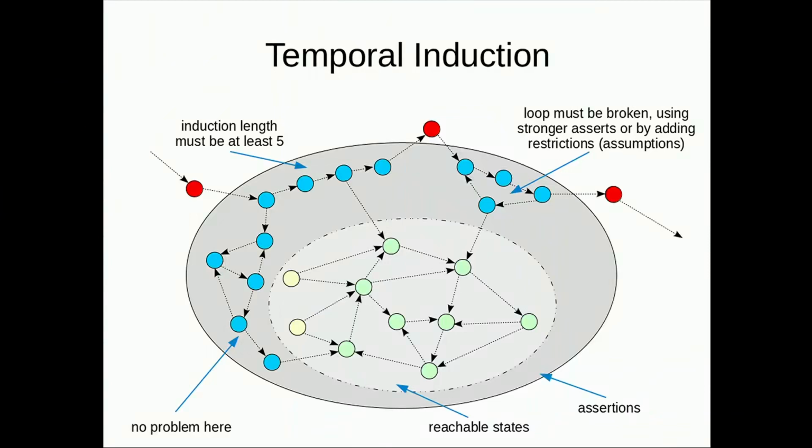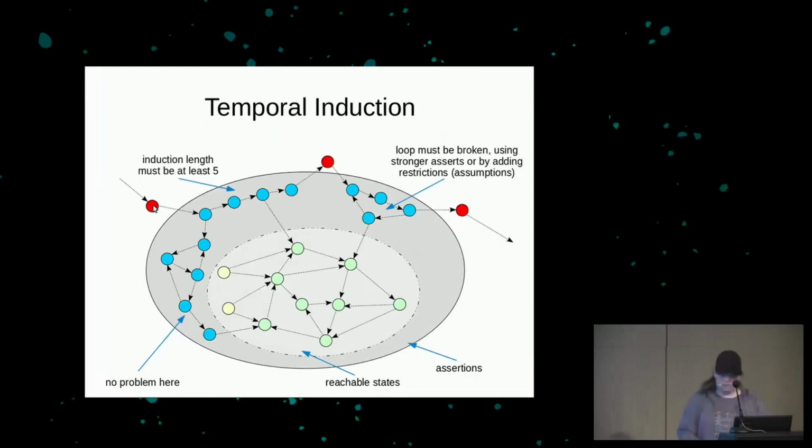So here again, we have the states that violate assertions in red. Then we have all the reachable states in this bubble here. So if you look at the direction of the arrows, you see there is no arrow going out from this inner bubble to the outer bubble. So these actually are the reachable states in the system. However, usually we don't have an explicit representation, an explicit picture like this of all the reachable states. And then we have this intermediate zone here,